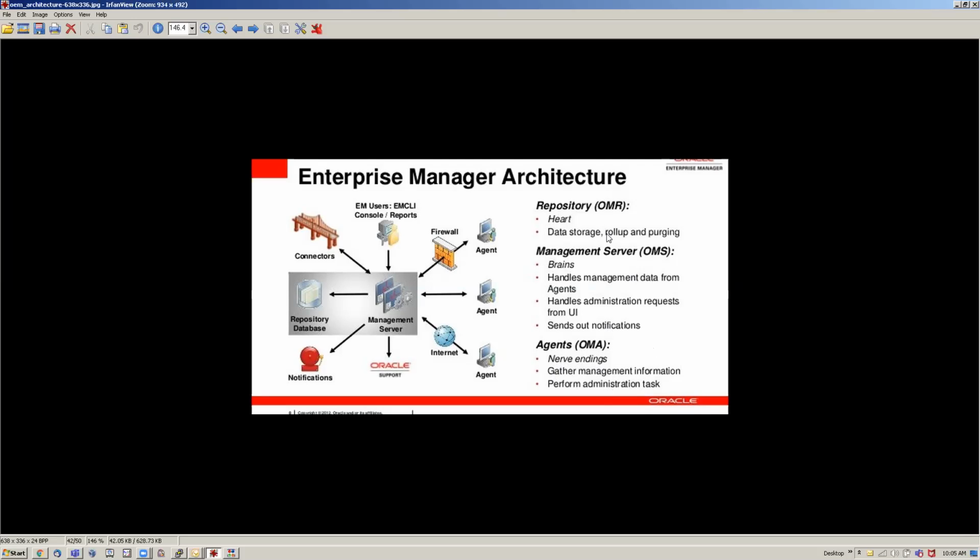And then the repository is a database, where all